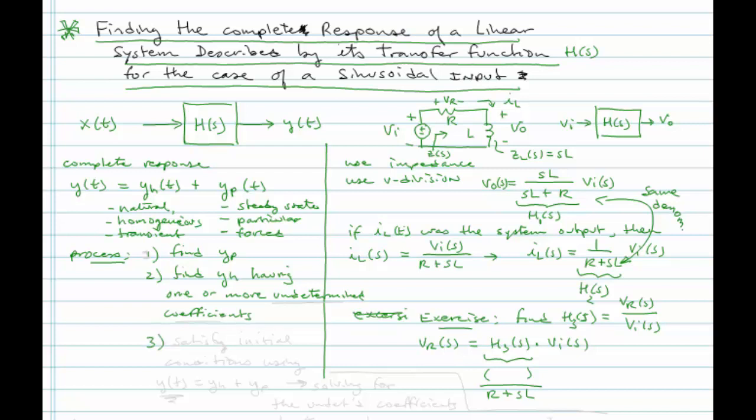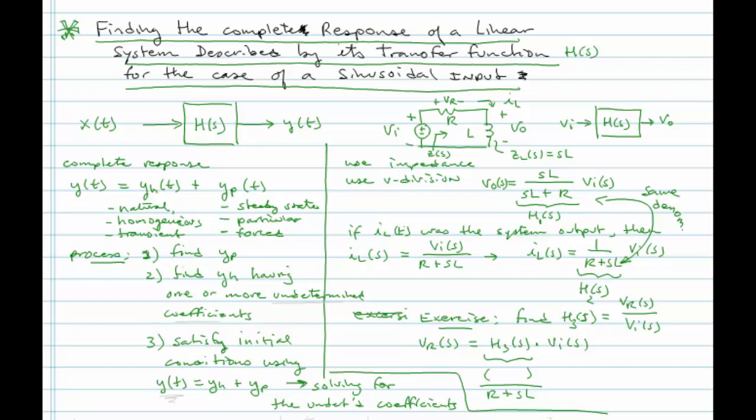And then 3, satisfy initial conditions using the combined y of t equal to y of h plus y of p, and this will lead to determining or solving for the undetermined coefficients. So this is an important point here in the process, that when you find the particular solution, which is